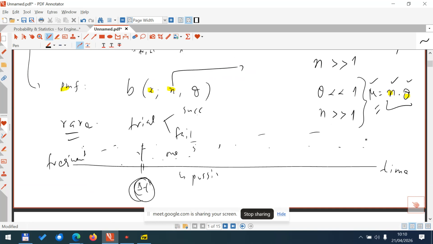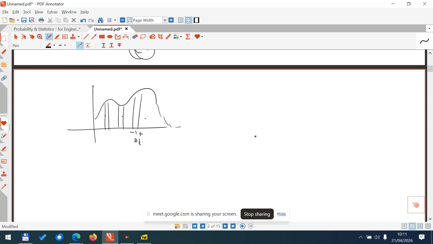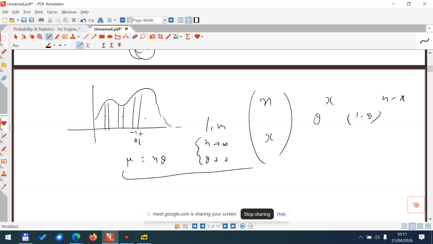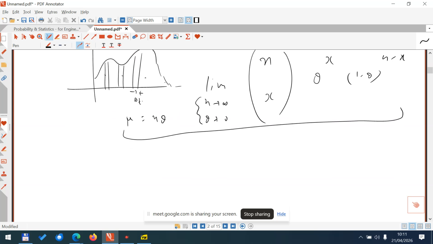So when that happens, and if you follow this algebra, the formula for binomials looks like something like this: p to the x and (1 minus p) to the n minus x. And in this case, I'm replacing p with theta. So theta, and I'm now applying the limit n approaching infinity, theta approaching zero in such a way that n times theta is equal to a fixed number mu. When I allow all of this, let's say there is some calculus guy who's doing it for me, it will turn out that this distribution,